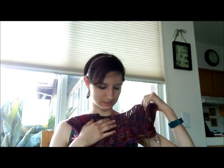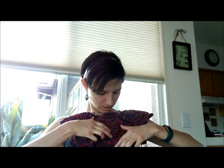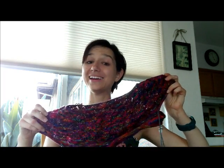But I think the last time you saw this, I think I had just finished the yoke. Now I have divided for sleeves and I'm working on the body. I still have about 1 inch to go before I start shaping for the bust, but I love how it's coming out so far. You'll see it again in